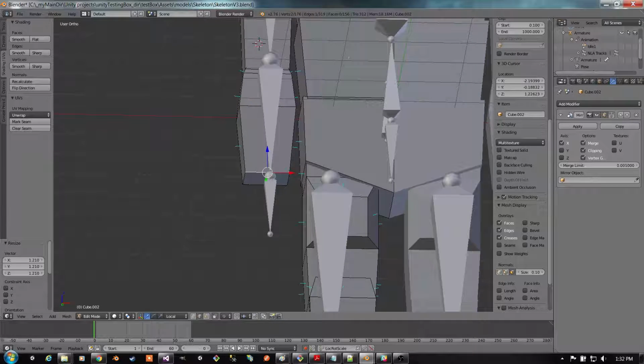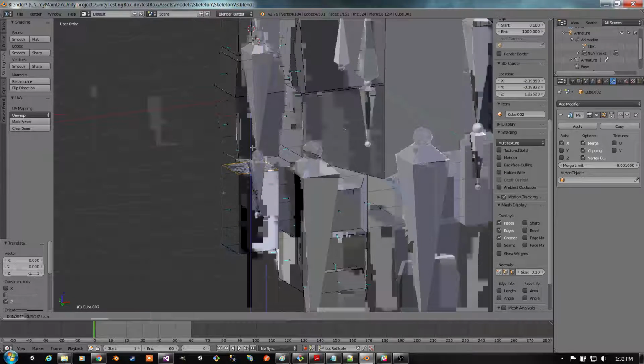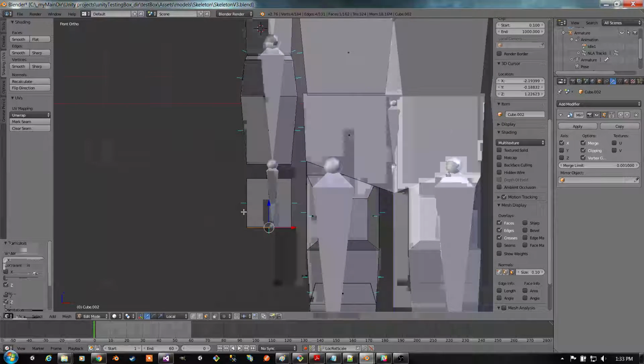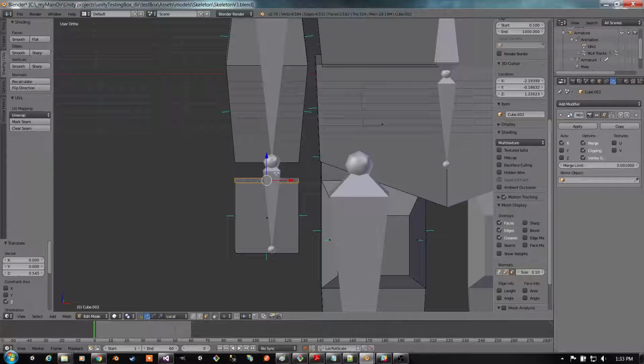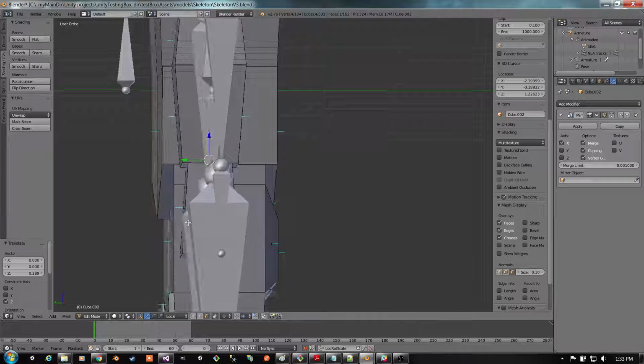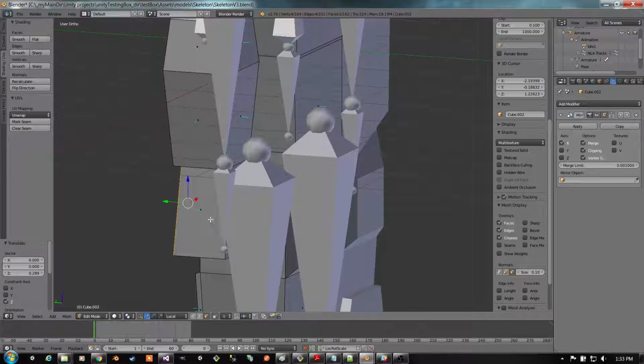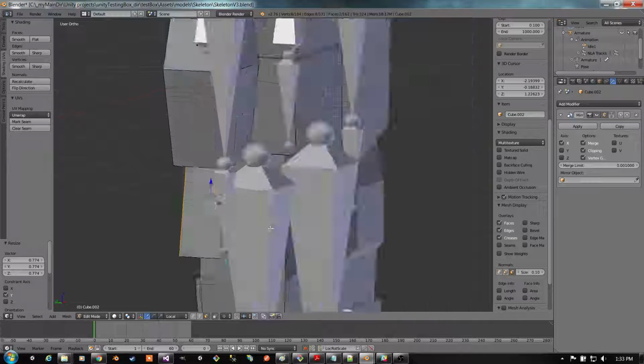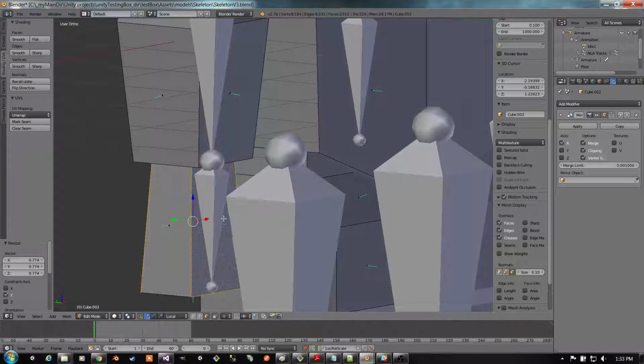The hand will just be a simple cube. Shift D to get the face out. And E, S, and get this up. This up again. Look at a view. Let's get this down this way, and the hand should be a little thinner, so get these two sides, S on the Y-axis, which is really the Z-axis in Blender,